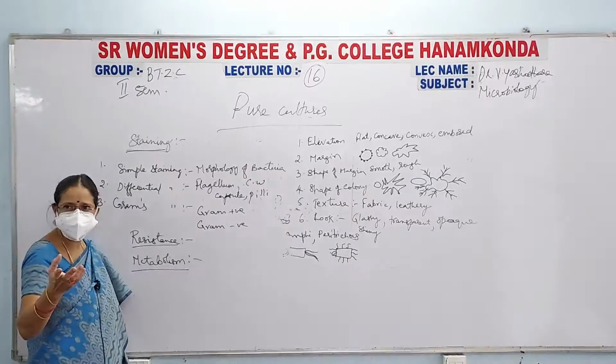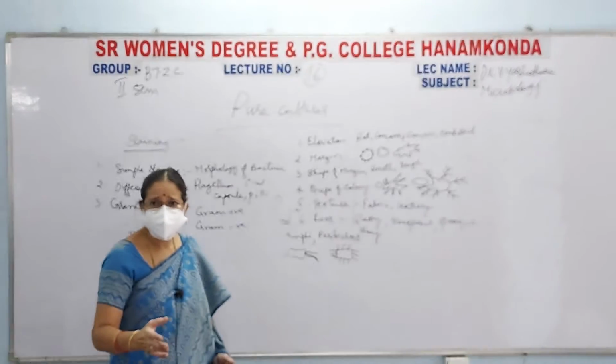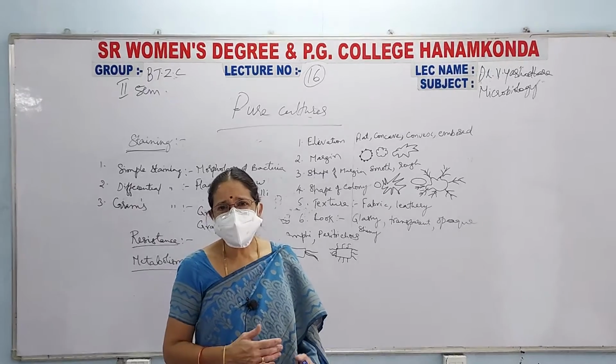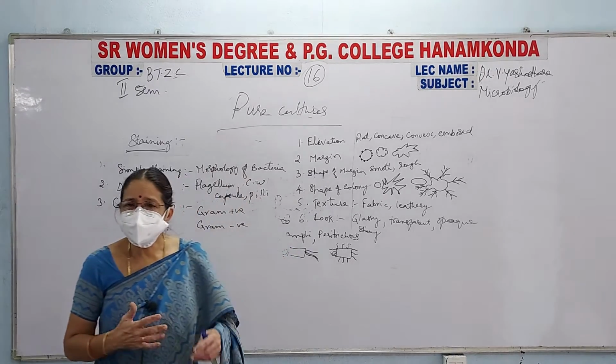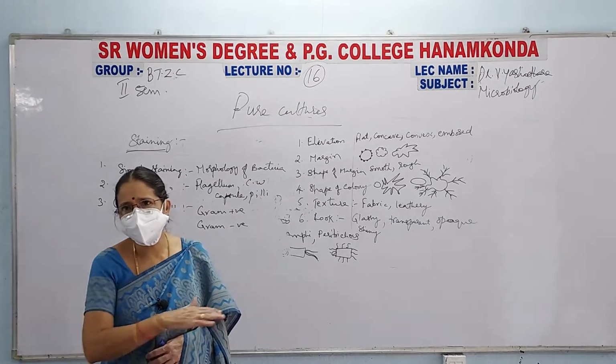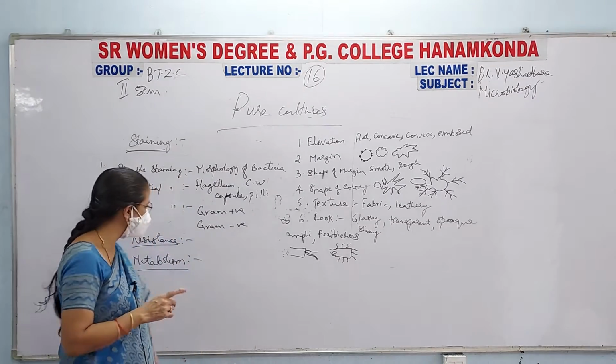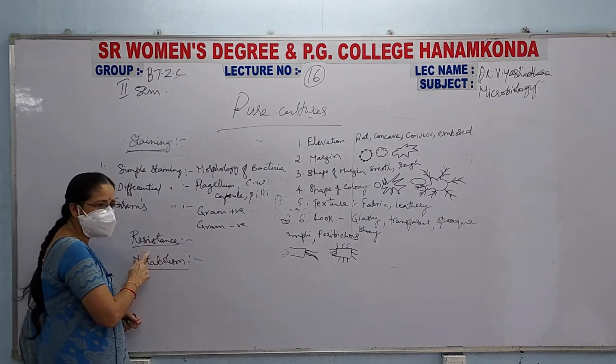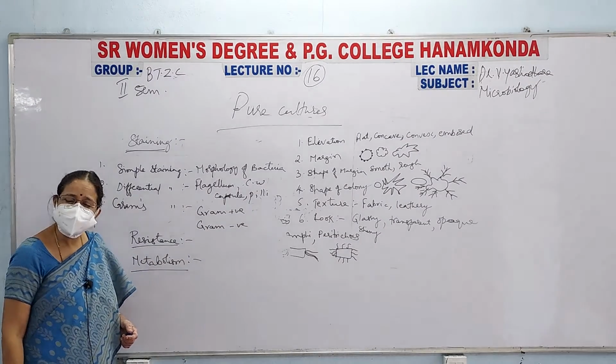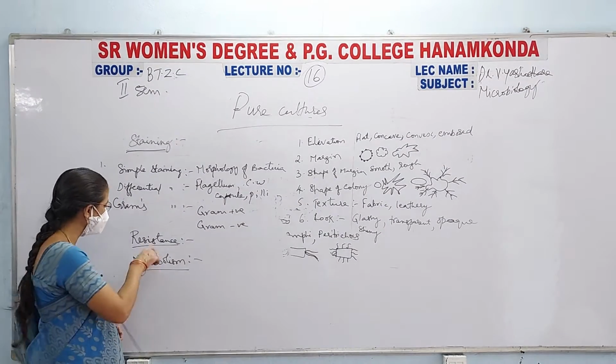And whether the microorganism is resistant to disinfectants like Lysol, Harpic, Nimile, all these disinfectants we use to clean the floor, Dettol, Savlon. When you are using these disinfectants, whether our bacterium is resistant to them or not, you can study it. Coming to the metabolism,